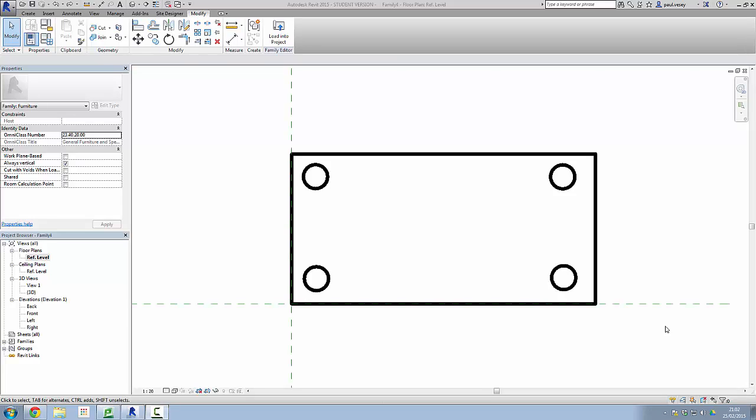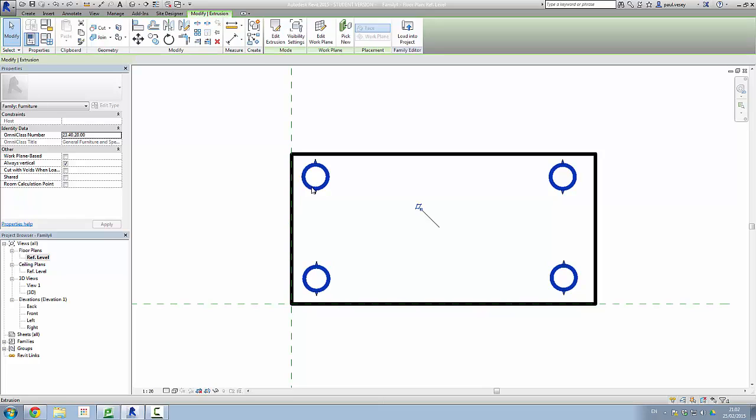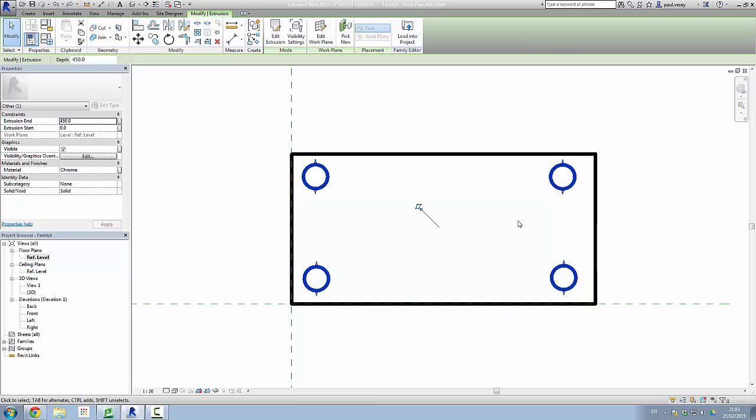Okay, we're now back in the family editor and we're going to make a few modifications to this object to make it a little bit more user friendly. So the first thing I'm going to do is deal with the legs of the table. As you can see there, once you click on them, they're all selected at the same time. This could possibly cause some issues later on. So what we're going to do is create individual components for each of those, make it a little bit